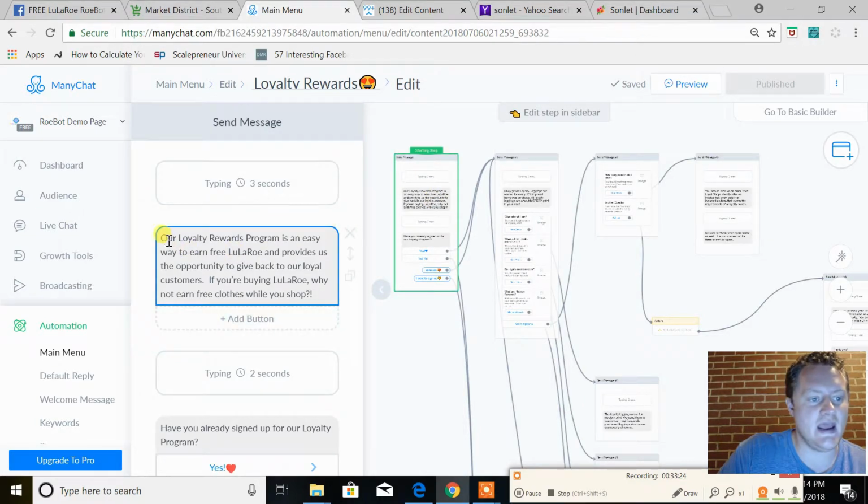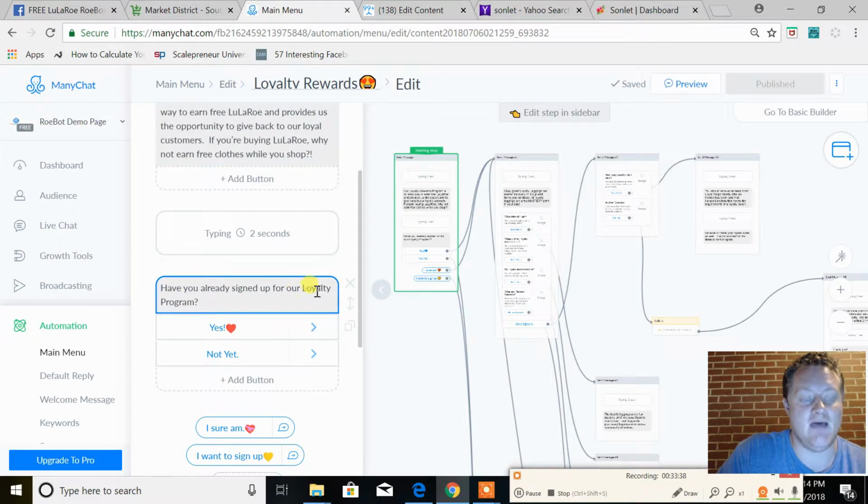Basically they click on that button and they're going to get, "Our loyalty rewards program is an easy way to earn free LuLaRoe and provides us the opportunity to give back to our loyal customers. If you're buying LuLaRoe, why not earn free clothes while you shop? Have you already signed up?" And if they say no,